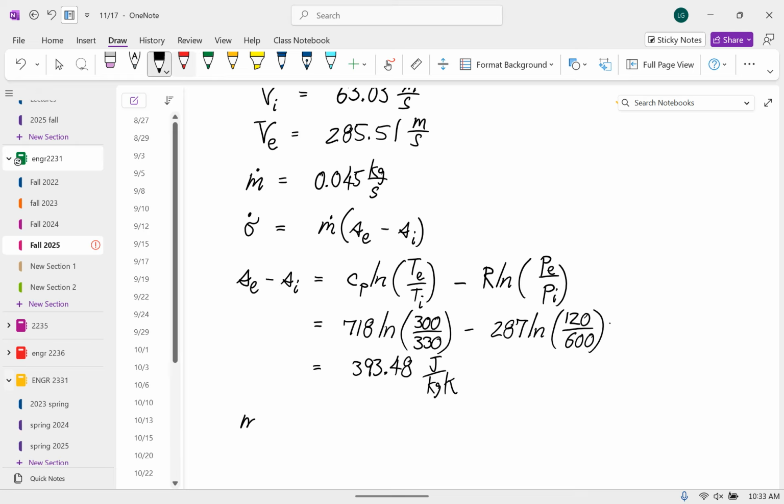And so the mass flow rate, no, that's not what we want. We want the rate of entropy production, which is equal to 0.045 times 393.48